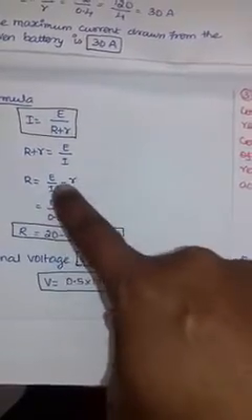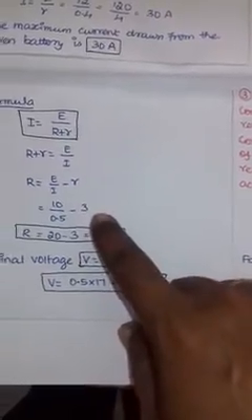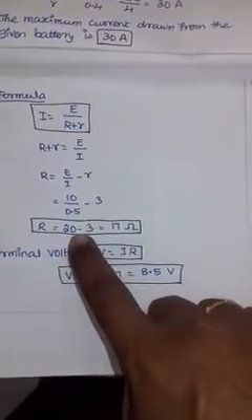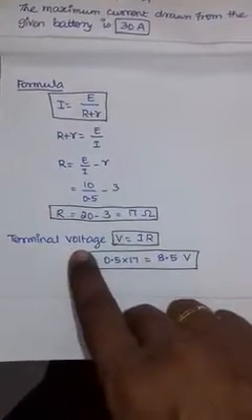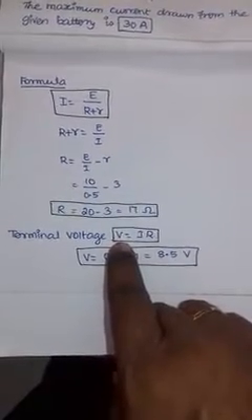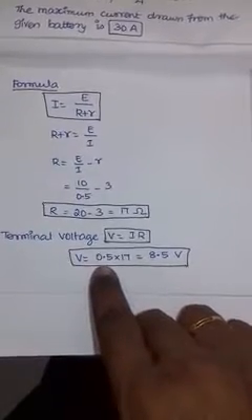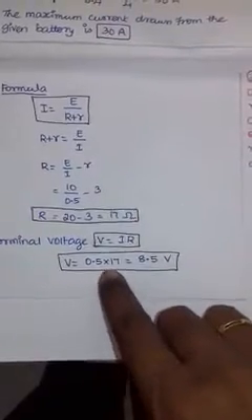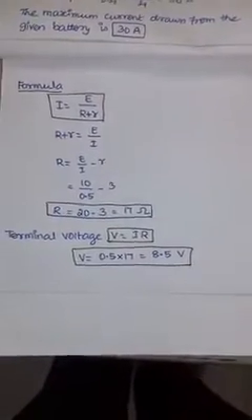What is the value of E given? 10 volt. What is the value of I given? 0.5. And what is the value of r given? 3. Therefore, R is equal to 10 divided by 0.5, that is 20, minus 3, that will give 17 ohm. And also they are asking the terminal voltage. So, what is the terminal voltage V? From Ohm's law, V is equal to IR. So, V is equal to the I value given in the problem, 0.5 ampere, and the R value we found, 17 ohm. So, 0.5 into 17 gives 8.5 volt. This is the terminal voltage of this battery.